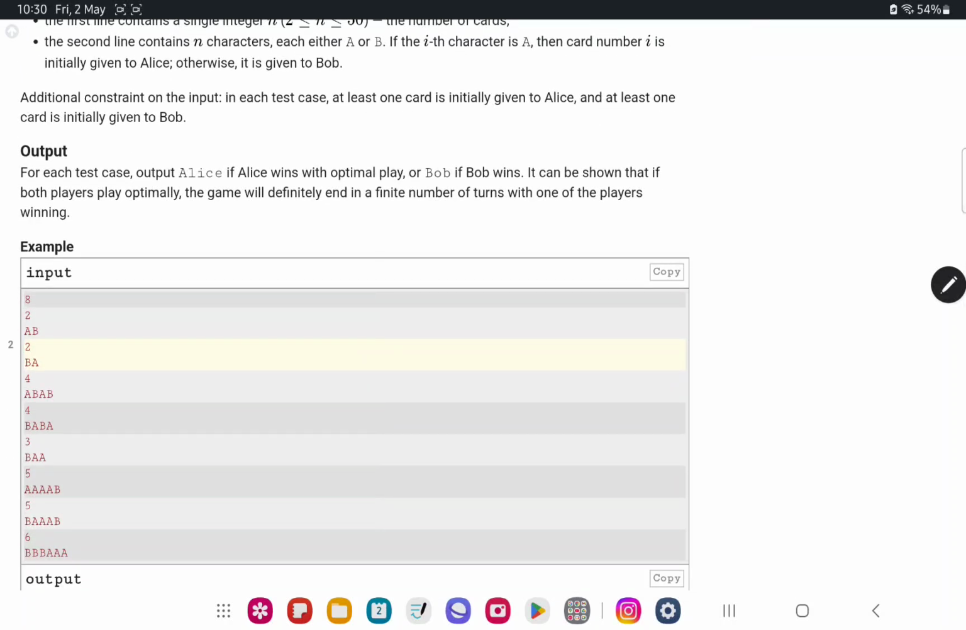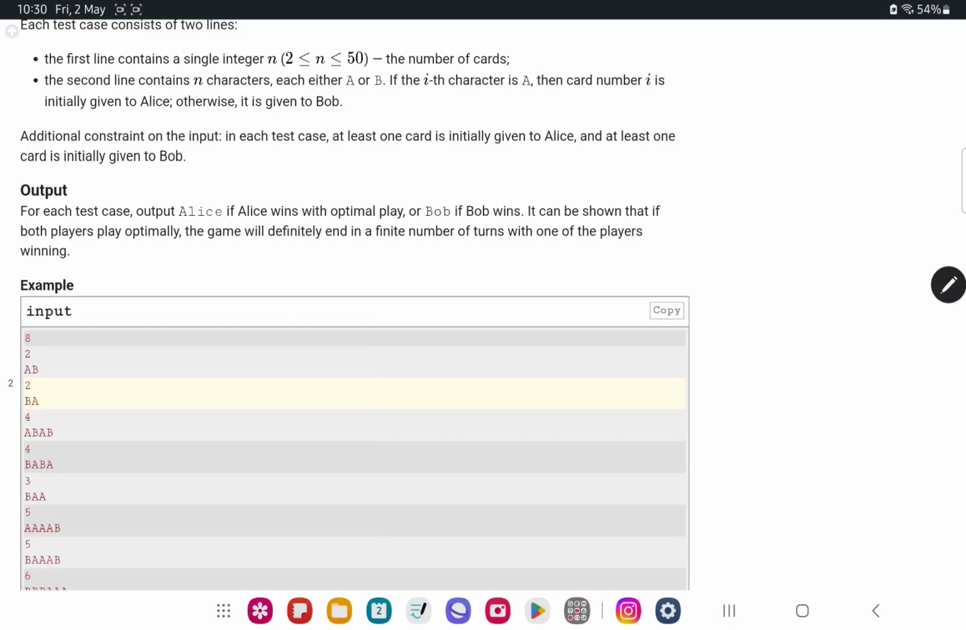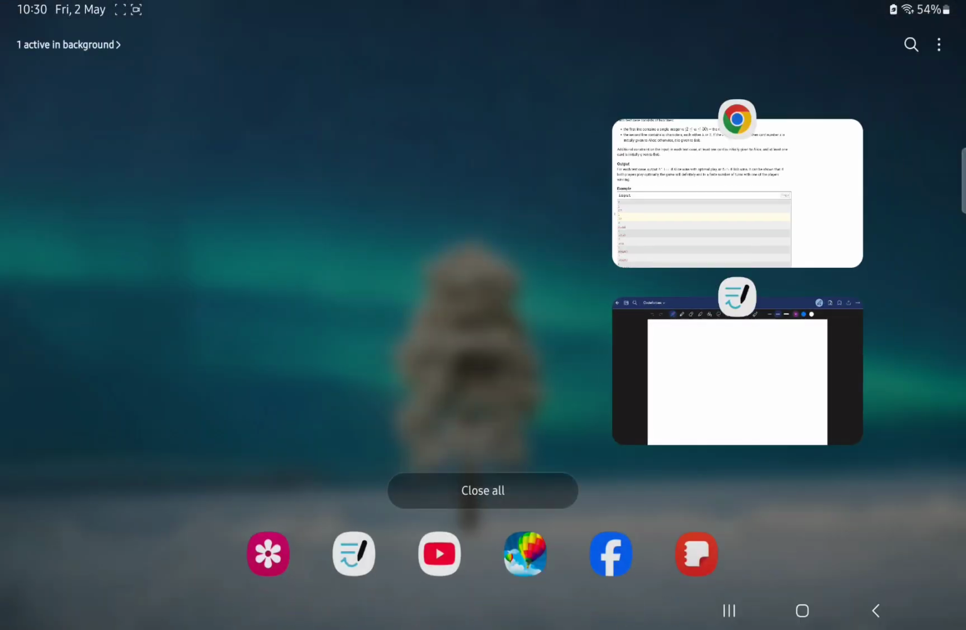So let's see the first test case. The input is given in the form of a string. If at index i the value is A, then the ith card will be given to Alice. If the value is B, the ith card will be given to Bob. Simple enough. Now let's see the first test case,